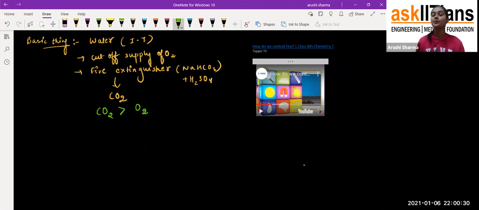And again students, water can be used only when it is a certain kind of fire. But whenever you have a fire because of an electric short circuit, I am repeating it again and again, never use water. Use a fire extinguisher, or just try to cut off the supply of oxygen. Like if a sofa is on fire, you have to use a blanket. Why are we talking about a blanket? I have already mentioned it, it should be somewhat heavy cloth, not light cloth.